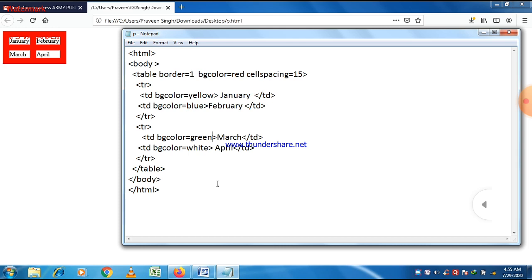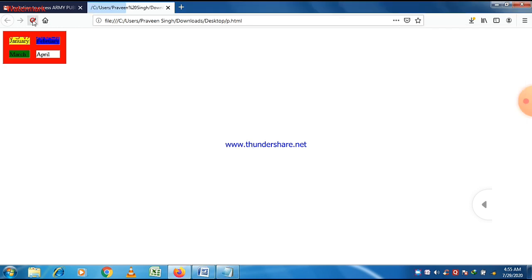So four colors are here, so let us execute this program. First of all, save the program, then refresh the web page. You can easily see that this is the output.